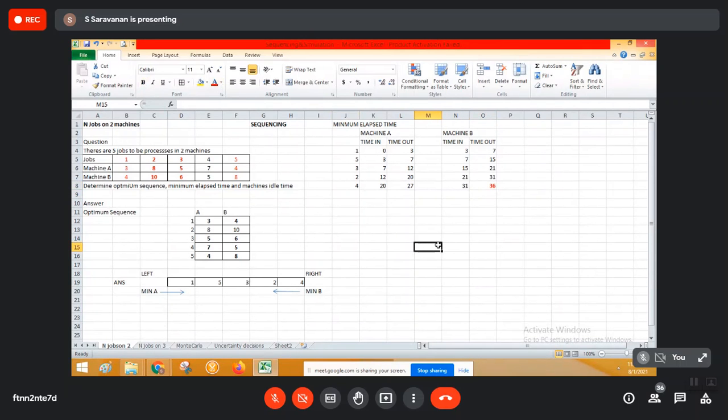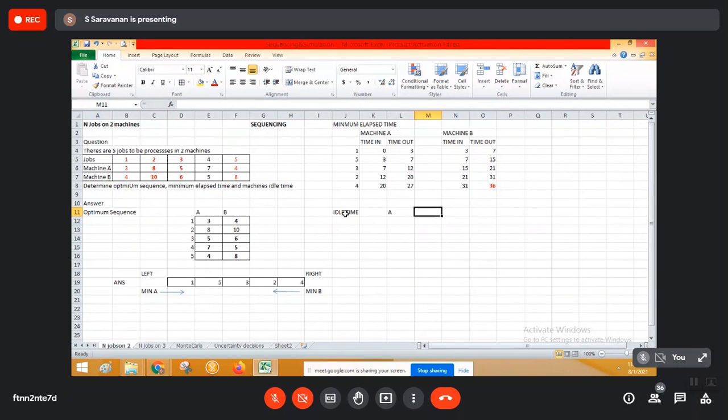That is the machines' idle time. How much time are the machines idle? Can anyone try the idle time of machines? Machine A, machine B. It is like a batch I explained. You pick up a batch and when you start, there is going to be idle time for a machine. At the end also, there is going to be idle time for some machine. The machine is doing one specific batch of activity. So idle time will be there for both machine A and machine B.